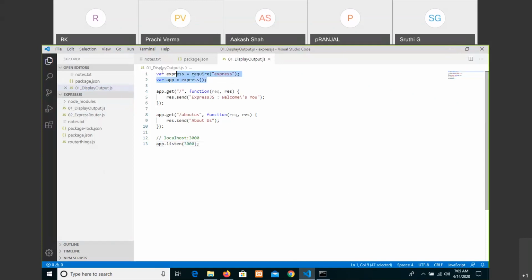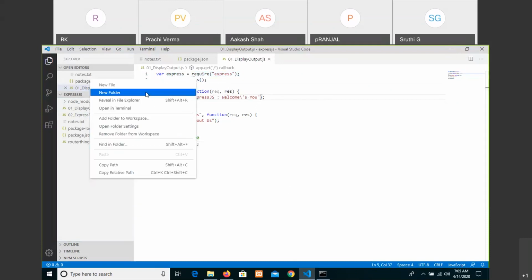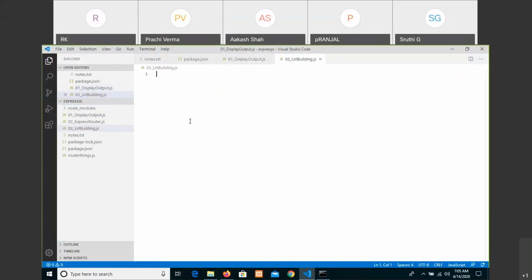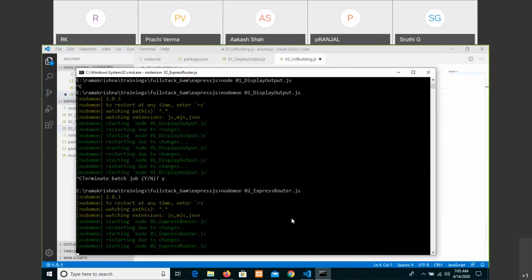Let me copy these two things. We are going to build a URL, or else you can say URL building. URLbuilding.js. Okay, and when you complete that existing functionality, you can just come out of that.